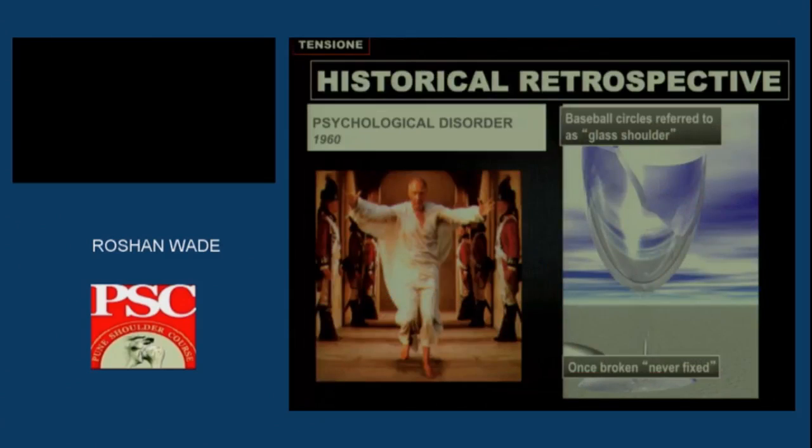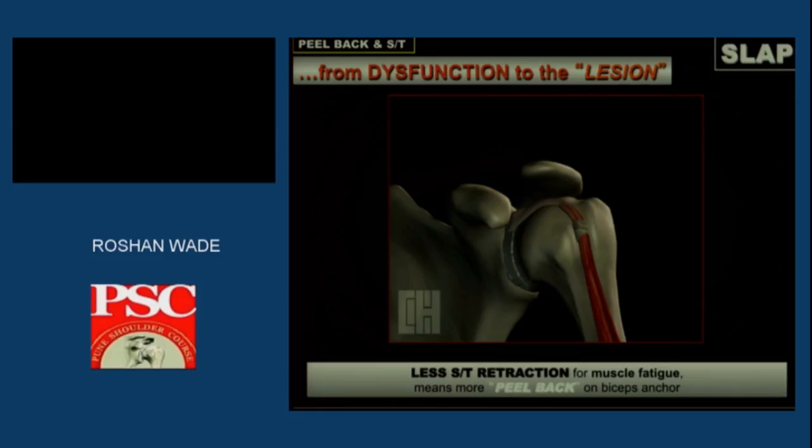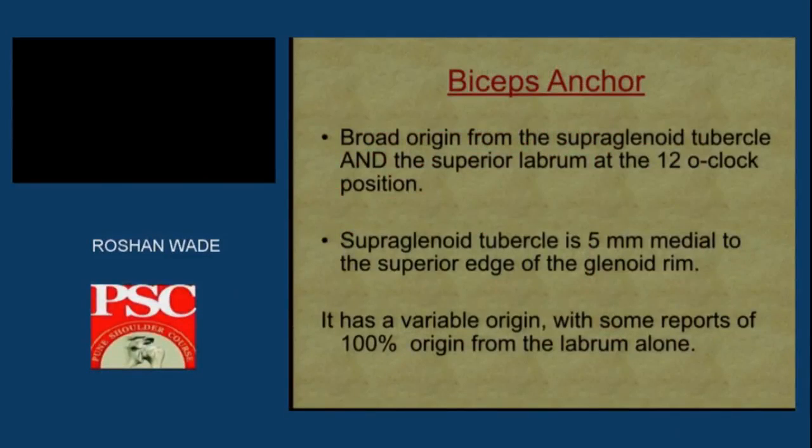Initially, it was described as a psychological or psychosomatic disorder, which can be associated with a lesion in the shoulder joint. Many researchers thought it could be a psychosomatic disorder and not a real biceps tendon lesion. From a psychosomatic disorder, it has been described as a lesion, as we have been treating these SLAP lesions in the last 20 years after Andrews first described this SLAP lesion as a peel back of the biceps anchor from the supraglenoid tubercle. So the biceps anchor is a broad origin at the supraglenoid tubercle and the superior labrum at